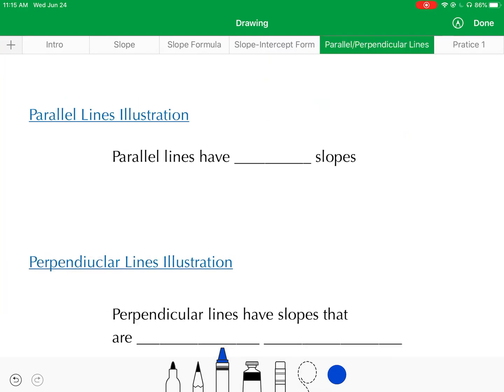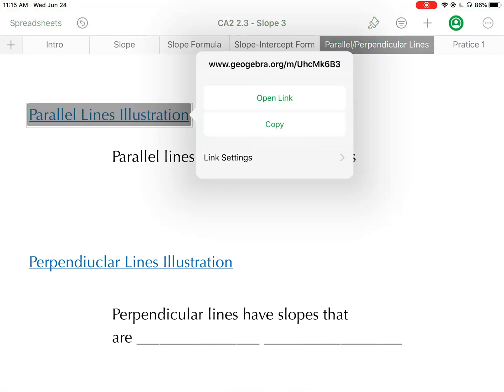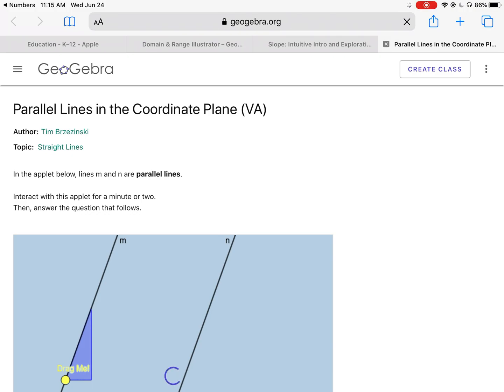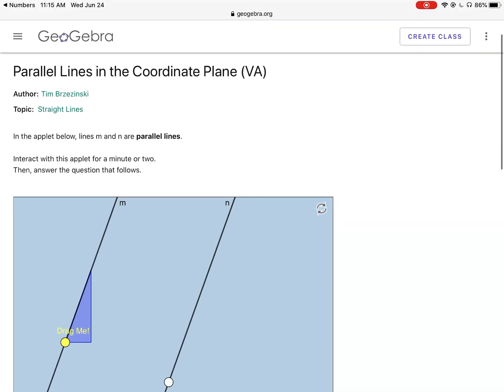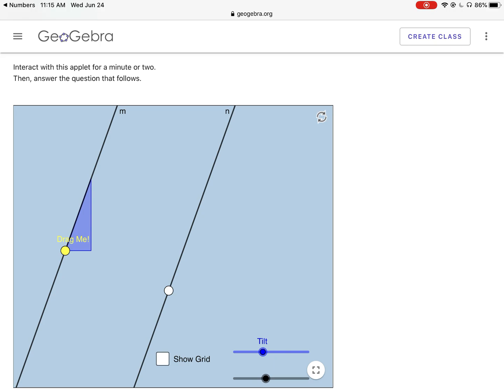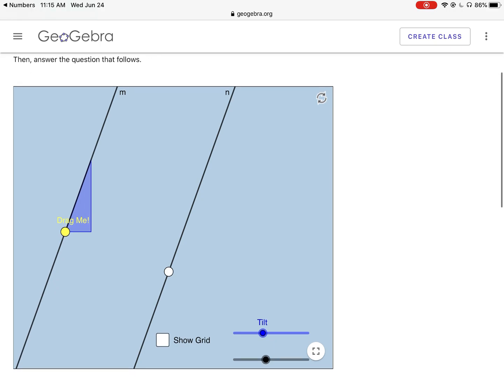All right, moving forward. Now let's discuss some of the relationships between the slopes of parallel and perpendicular lines. Let me click this illustration here. All right, here you can see we have lines M and N. Visually, they sure appear to be parallel to one another, right? Like they're not intersecting each other. Notice